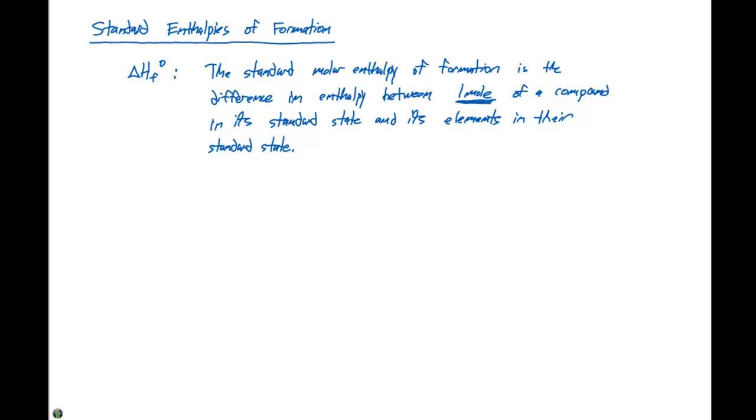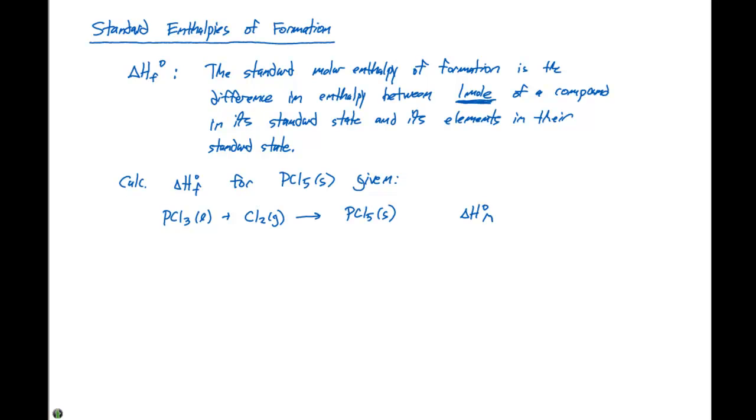So if we wanted to calculate the ΔH° of formation for PCl5, if we were given the following reaction, we can say that PCl3 as a liquid plus Cl2 as a gas, remember that Cl2 is diatomic, giving PCl5 as a solid, and we're given the ΔH° of reaction is going to be equal to negative 124 kilojoules, and the ΔH° of formation for PCl3 is going to equal negative